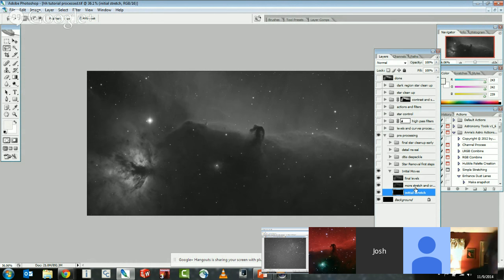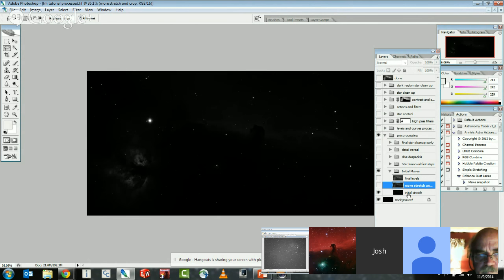Usually I'm not using full opacity on these either, because they're layers that I'm adding by doing a copy merge and pasting them on top. I'm just grabbing the data where it was and pasting a new layer on top. So without full opacity, I can go back and tweak stuff near the very beginning and have it affect the final image. So to start with, for the narrowband processing, I always just do a handful of initial